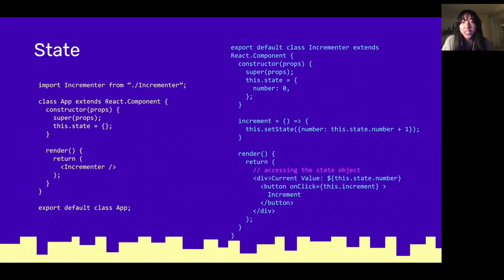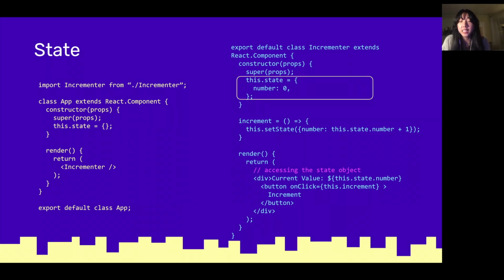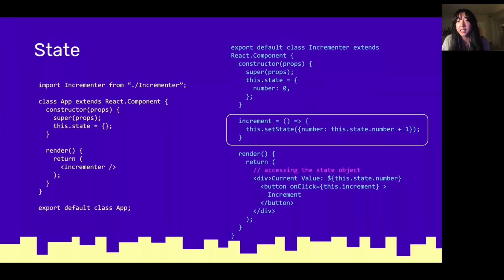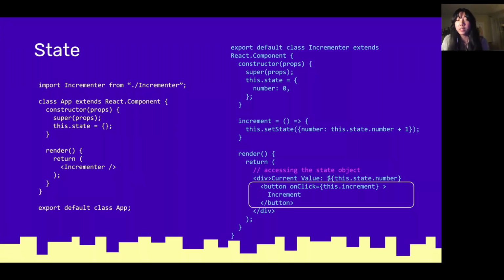So as you can see here, this looks a little complex and you totally don't need to fully understand it right now, but we have this.state.number, which is a property that we put in our state object, and we have a function that sets the state of that number to be itself +1. And then we have this button triggering every time that this button is clicked, it'll call this increment function and update our state. And then lastly, we're having our current value being displayed using this.state.number.